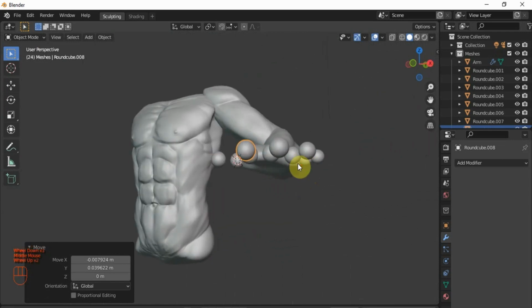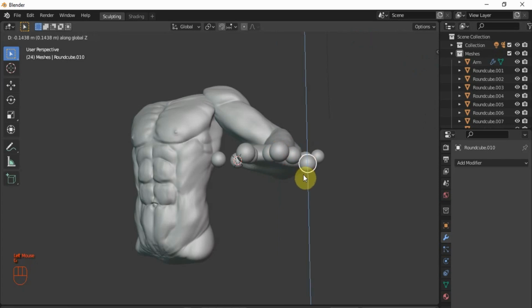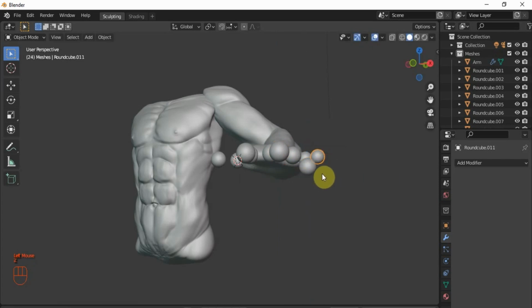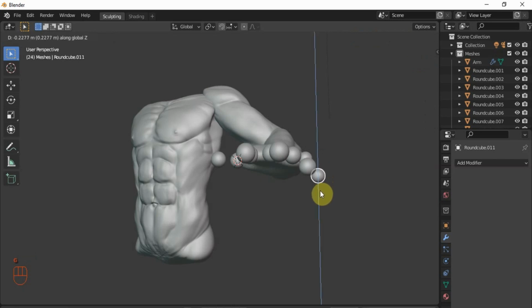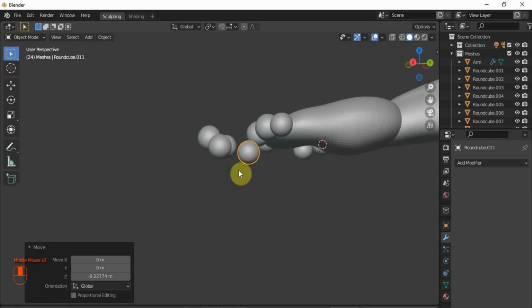Alrighty. And here we go. Then G Z. And remember, we're gonna get a little bit of an angle. We want to get them at a slight angle, because in a relaxed position your fingers will generally create a little bit of an angle between the ends of the phalanges. So I'll drop this one here, then this one has to drop a little bit further down than the others, and G Z, and drop this one even further down. And this will be our general working method. And from here, let's just move this one a little bit closer,